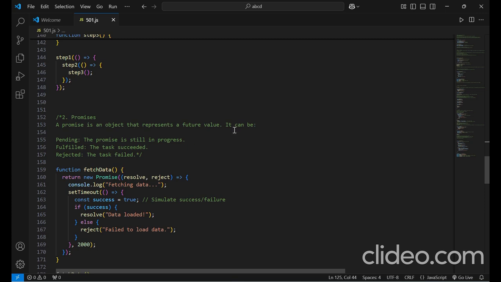Promises. A promise is an object that represents a future value, which means it will give the output of a function. There are three possibilities for it: either pending, fulfilled, or rejected. When we give a task to the